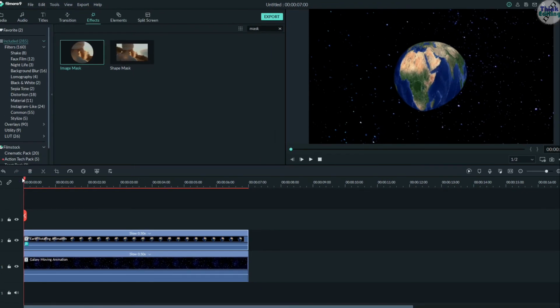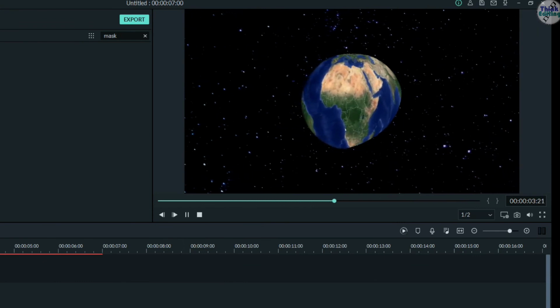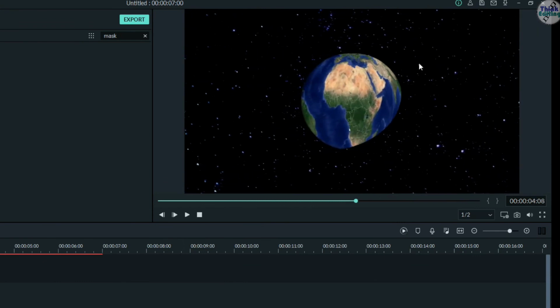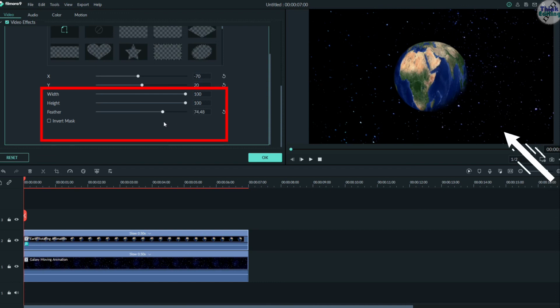After masking it, play it again. Now it seems the earth has been cut in this part, so I will go to the masking part once again and adjust the feather here. Now you can see the shades.